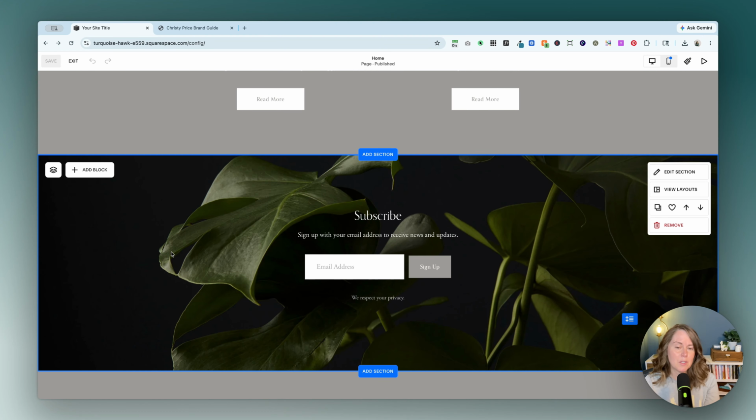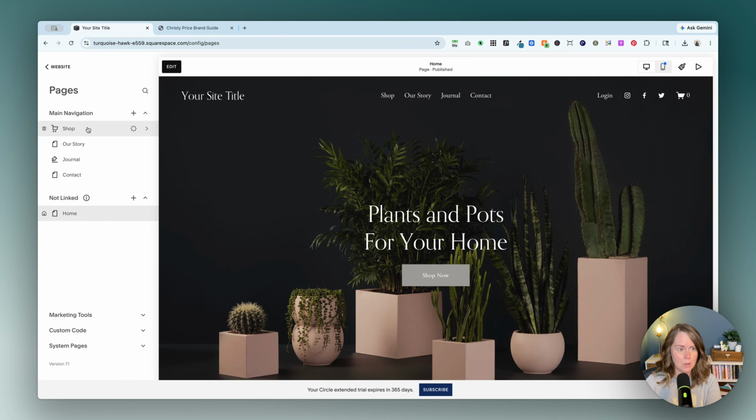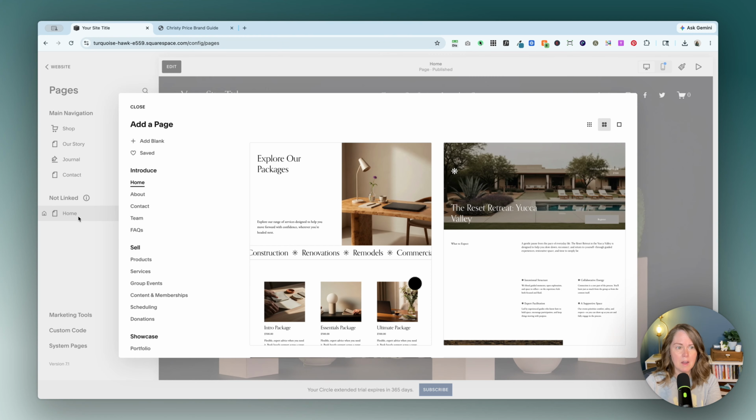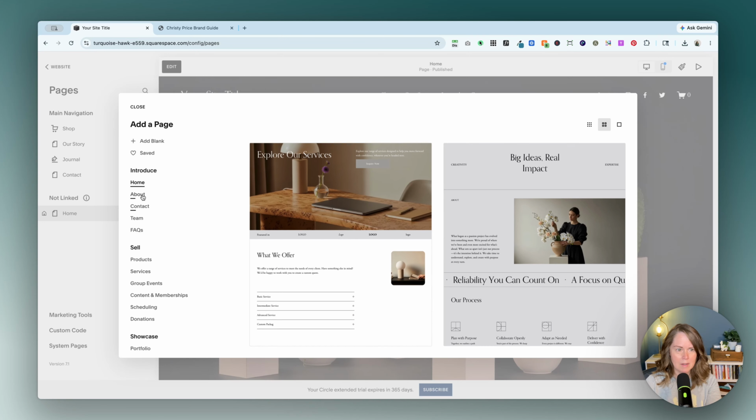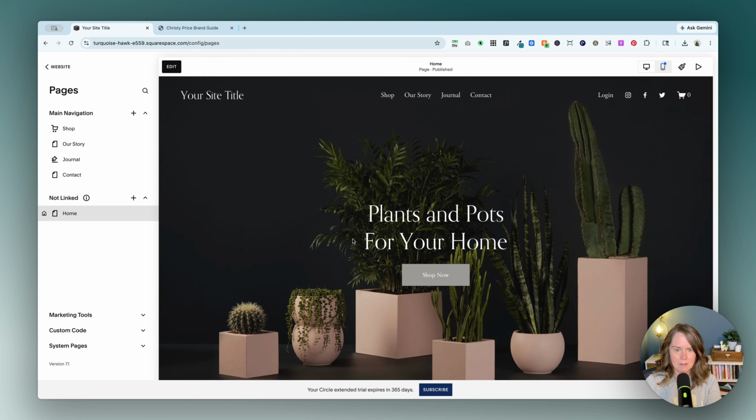We can actually have this redirect to another page of your website. So what we can do is create a new page. We're going to put it in not linked so it doesn't show up in our main navigation. We're going to just add a blank page here. You can add a blank page, or you can scroll down and find something that looks really nice that I think this looks